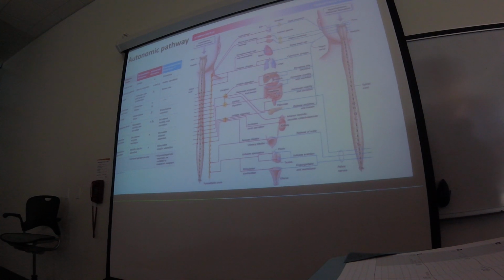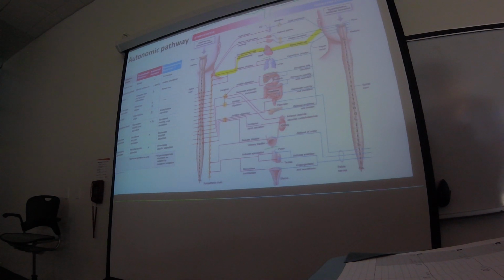Now it looks like a lot, but remember all of these pathways here are just 2 neurons put together in series. So just remember that. It shouldn't be too bad. But what this graph is showing you here is all the places that the sympathetic and the parasympathetic nervous system affect via their neurons. So the sympathetic neuron here shown in red to elicit this kind of visceral response, this heightened response. When you think about red, you think about blood, heightened levels. So here we can see we have branches to the heart, to the lungs, to the urinary bladder, and then